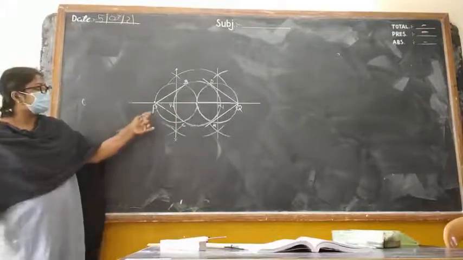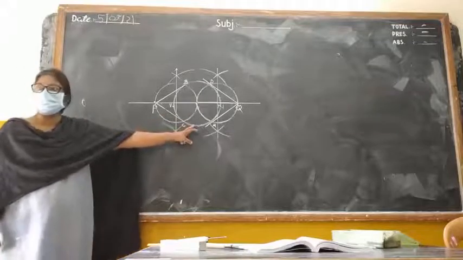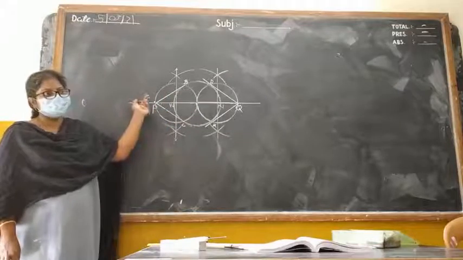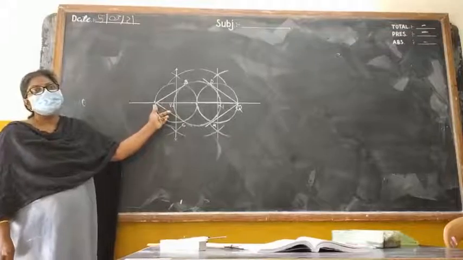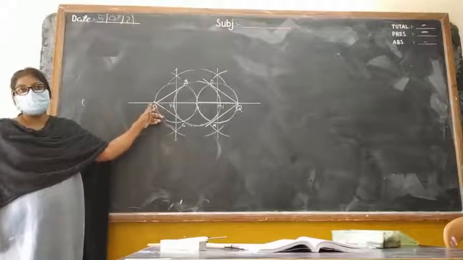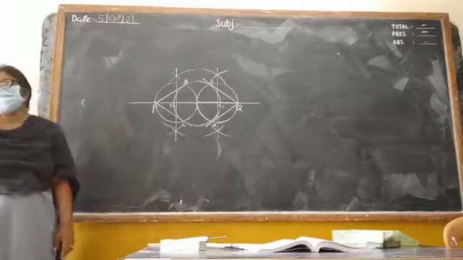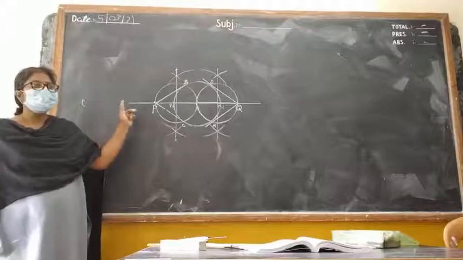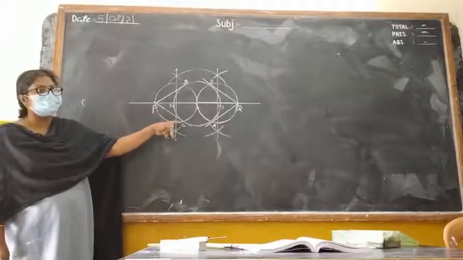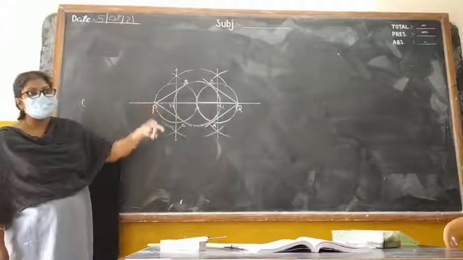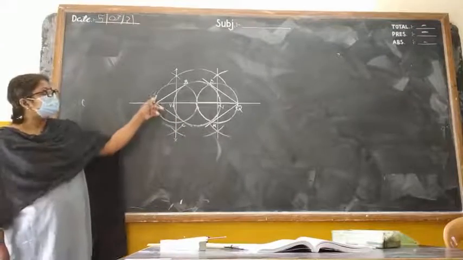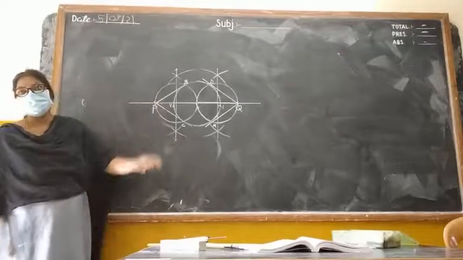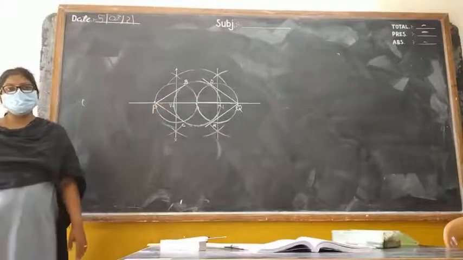So how we started with the smaller circle of radius 3 centimeter. From that center, extended diameter, on that extended diameter, we took 7 centimeter P and 7 centimeter Q also from O center. Then the same procedure, that is perpendicular bisector of OP you have drawn, perpendicular bisector of OQ you have drawn. Then that will touch the first circle at 2 points. So join that one. Here also the same way it will come, join them. Okay.